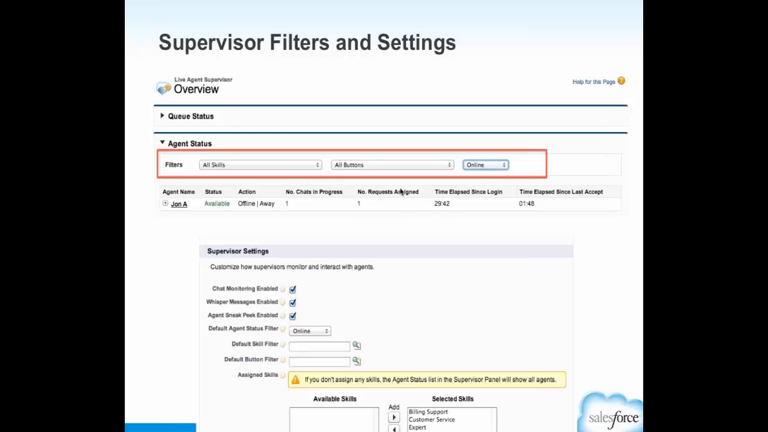supervisor panel, it might be difficult for you to see which ones were online and which ones are offline, to filter the list to make it more usable. So we've added these filters up here to the supervisor panel, and we've also added some supervisor settings that let me determine whether a particular supervisor can monitor in-progress chats, whether they can send whisper messages, whether they can do a sneak peek, and what are all the defaults for all of the filters, and what skills are they allowed